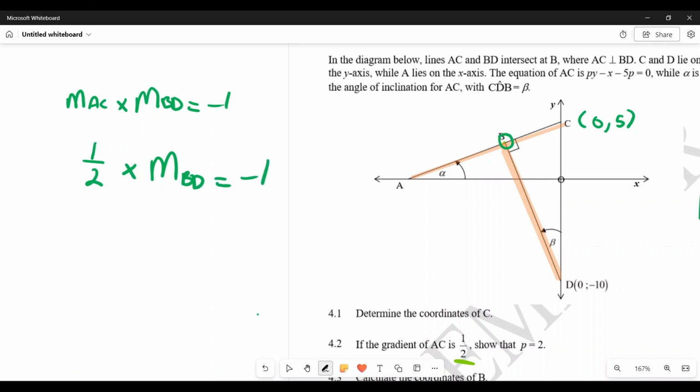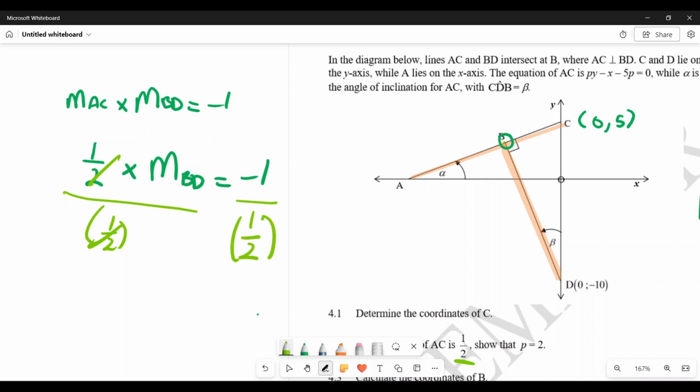So to find my gradient of BD, I'm simply going to divide both sides by 1 over 2, right? So here, if I divide this side by 1 over 2, these two are going to cancel out. And as a result, my gradient of BD is going to be equals to -1 divided by a half, which is going to be -2,